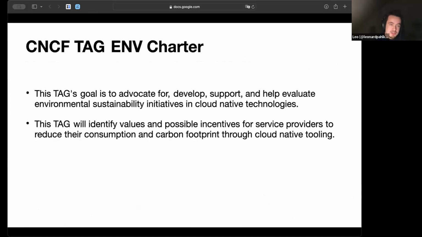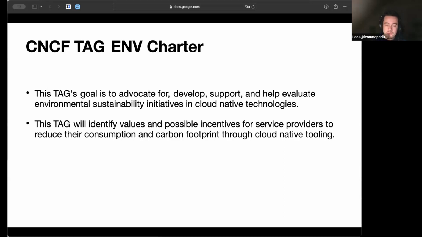Right, about the structure. Starting off with the charter, we have a charter document. We discussed this charter document to basically found the TAG. You can find a charter document for more or less any community group. If you look at other TAGs or other groups, you will always have a charter, and the charter is usually a very good place to first get in touch with what the group is focusing on and working on.